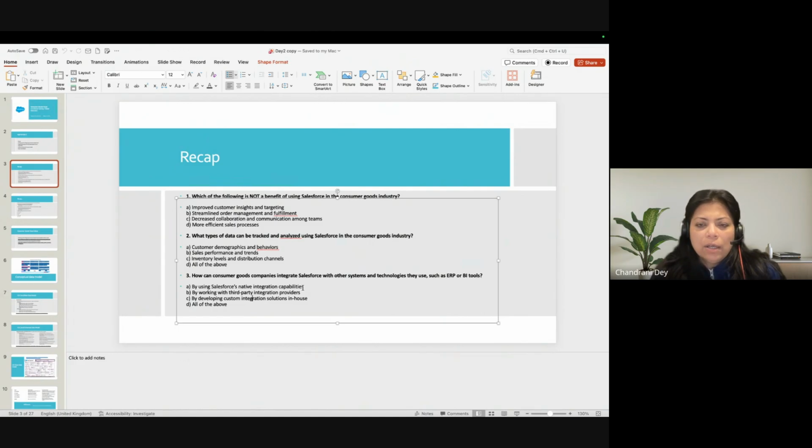Salesforce has capabilities to plug into any kind of integration solution. So the answer would be all of the above. Again, it is an industry cloud, so it has the capability to integrate with anything that the company might be using.